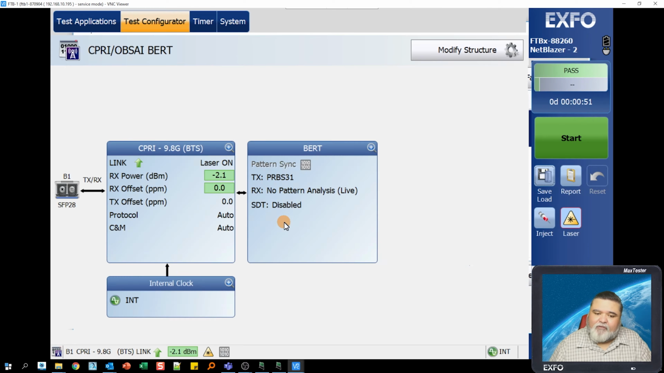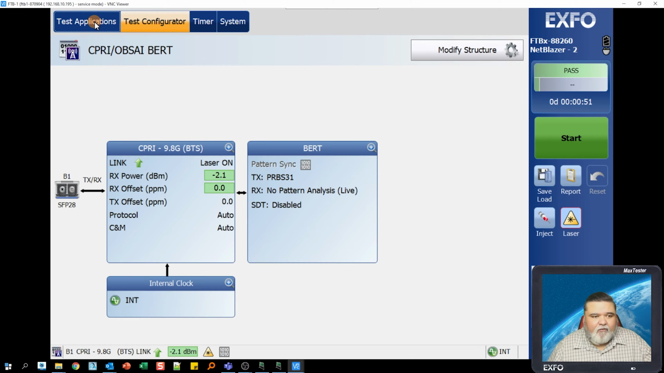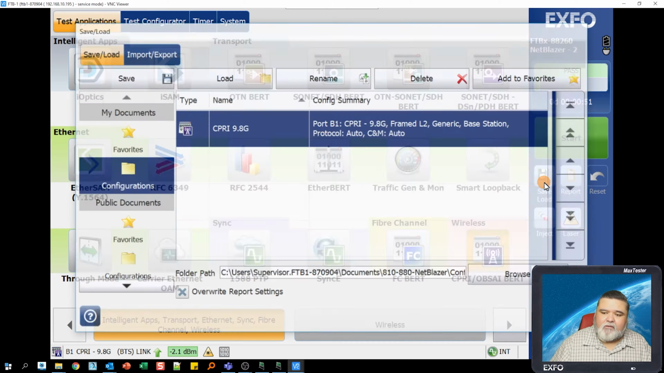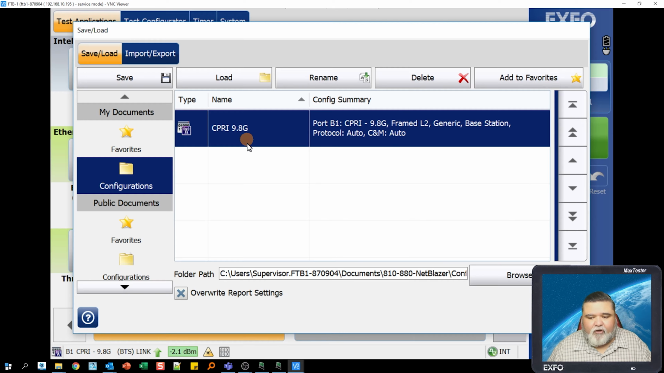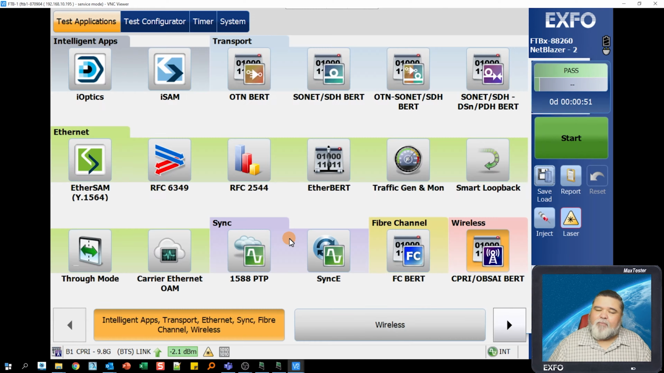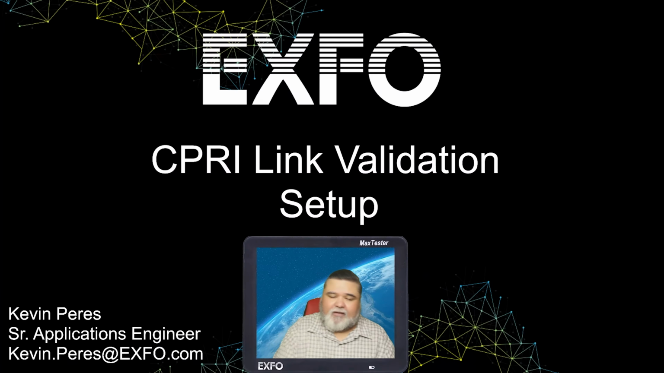Simply all I'd have to do is, once I start up my test set from the main application screen, go to save load, select the test that I want to do, and hit the load button. Then it will basically take me into the CPRI test. It'll load the interface, set the rate, and all I have to do really is just hit start and generate a report. And basically that's it in a nutshell, right? That's CPRI Link Validation setup